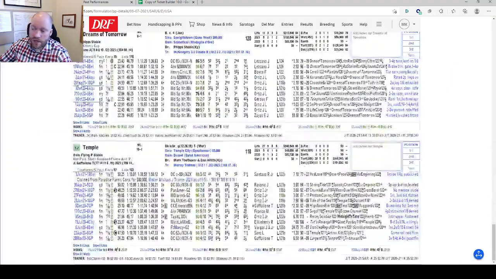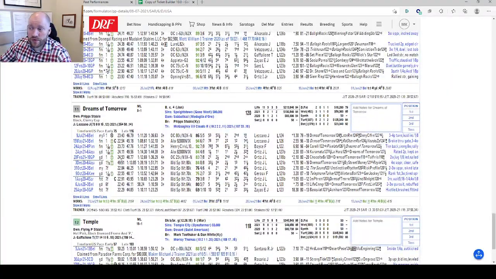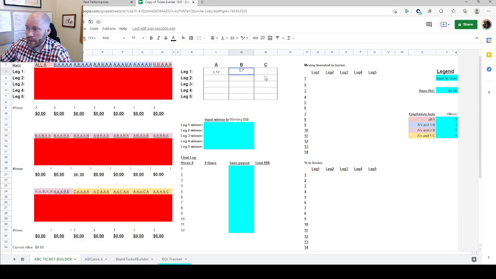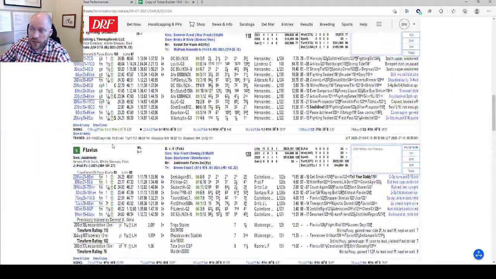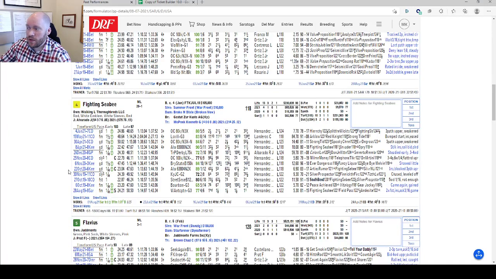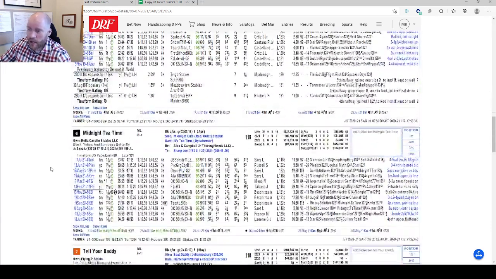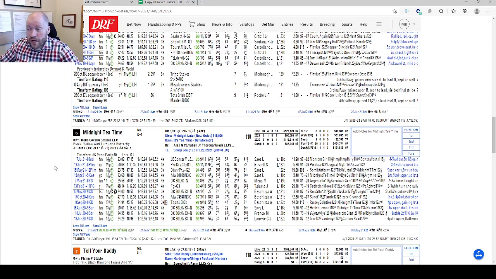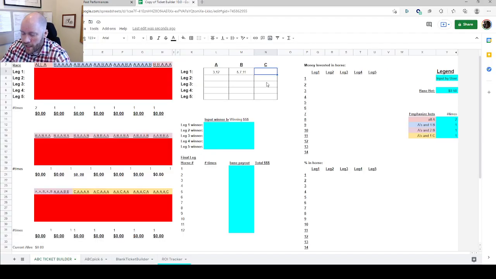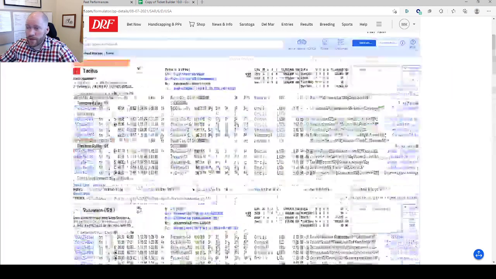Another horse that I know a lot of the guys liked on the stream and I wasn't as high on was Dreams of Tomorrow, but I think this race is a little bit wide open. So I'm going to add a little Dreams of Tomorrow in here. And the other two that I don't want to be dead to, so I am inherently using, are going to be a little bit of Fighting CB, who is 1-for-1 at Saratoga and is pretty decent at this distance. And the 6, Midnight Tea Time, who is 0-for-8 across the track, which is why this horse ends up being a C, but the horse does sort of fit on figures. So I thought those were interesting in here as well. And this is one of the races that I wanted a little bit of coverage on. I wanted to spread out my opinions.